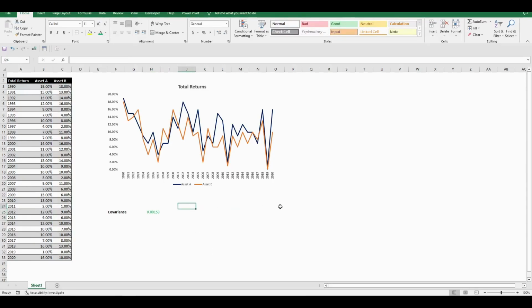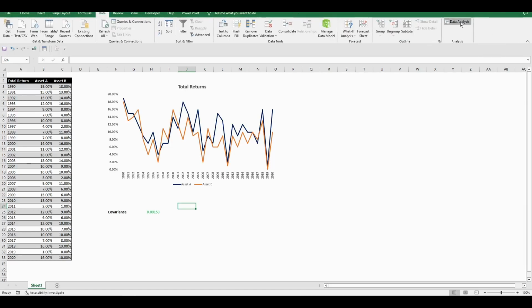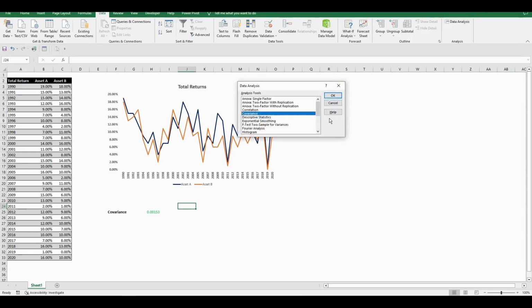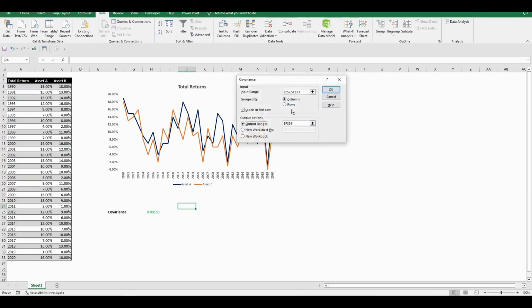However, Excel provides a second way to calculate covariance, and this is through the covariance analysis tool. So from the menu bar we check data analysis, and we open up the data analysis package. From the scrolling list we select covariance.